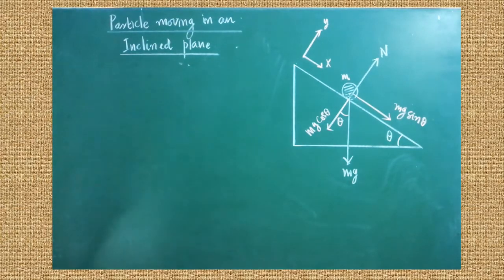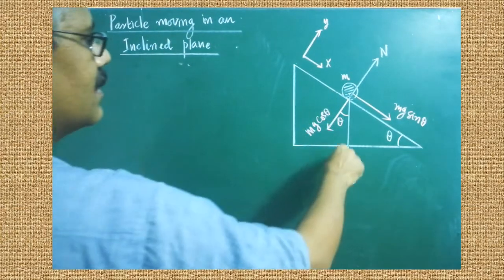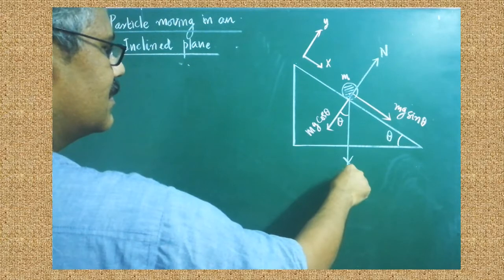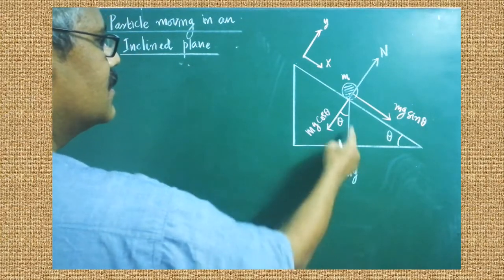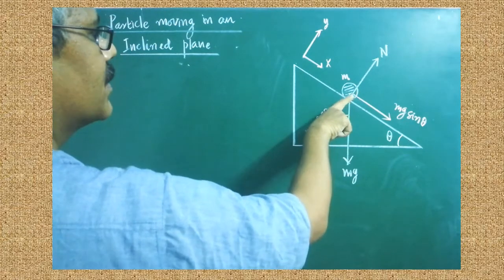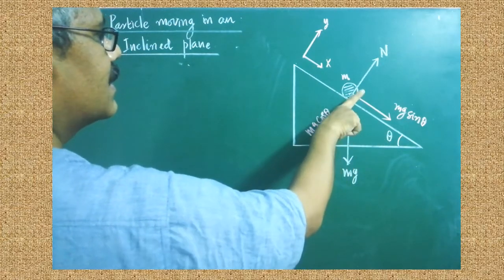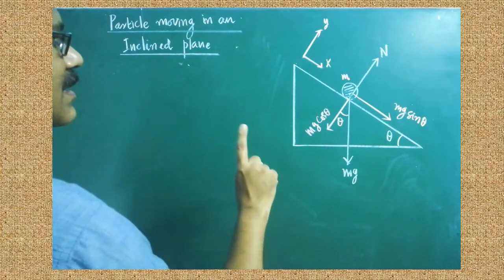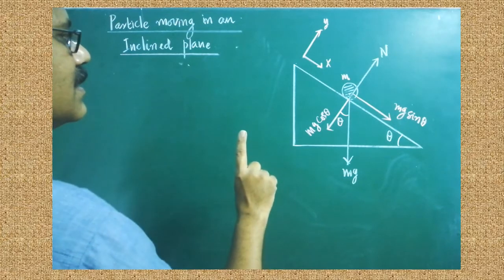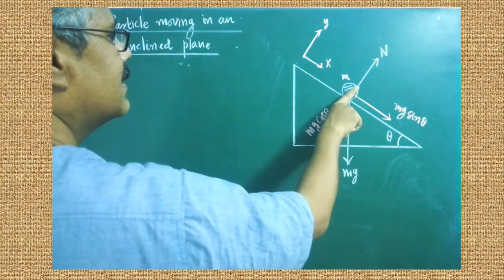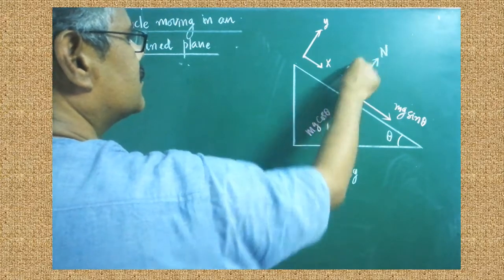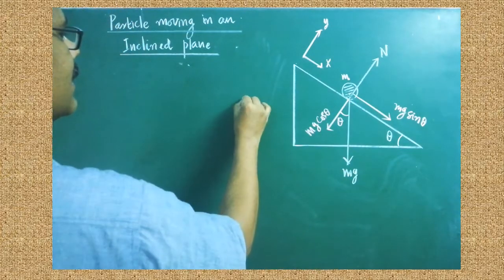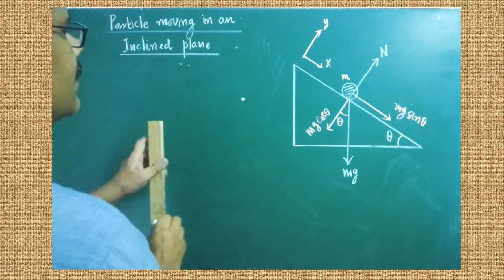Here we have to identify how many forces are acting on the body. Look here, on the body the downward gravitational force is acting. Its magnitude is mg, and this is the direction of the gravitational force. Perpendicular to the surface at the point of contact, one force is acting. Whenever anything is placed on a table, there will be a perpendicular contact force exerted by the surface on the body. That is called the normal force. The normal will always be perpendicular to the surface. So the normal force and the gravitational force are both acting, and that is to be represented by the free body diagram.